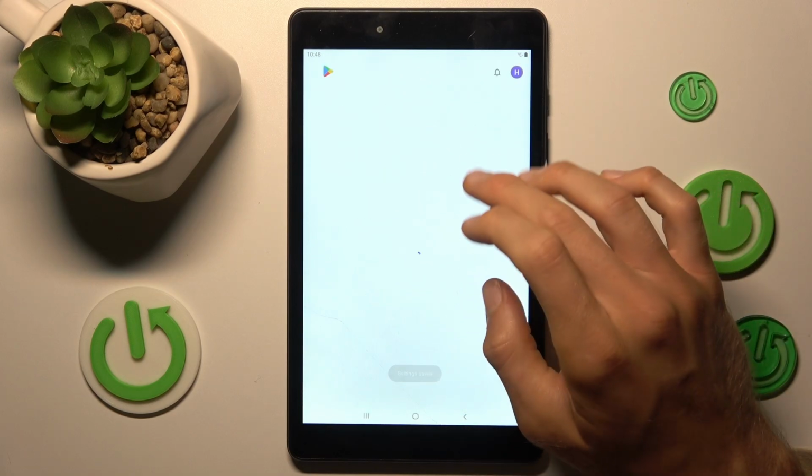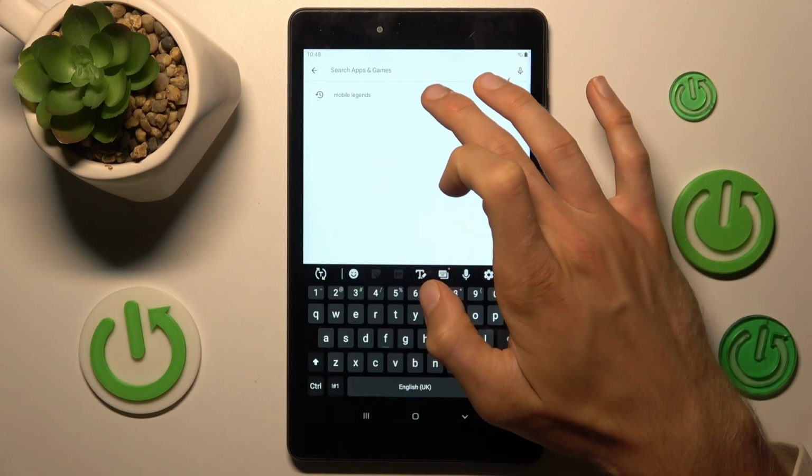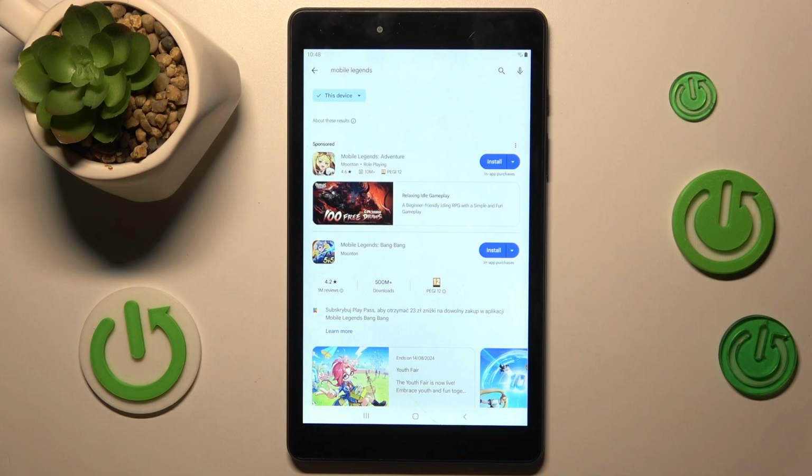And after that all will work. We can go back and try searching for the Mobile Legends game again, and now it is visible and we can install